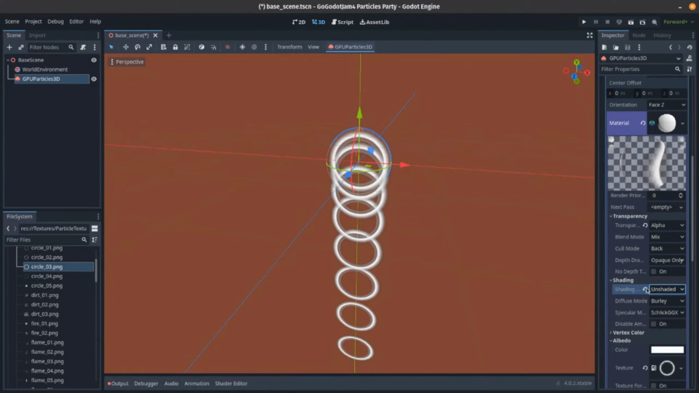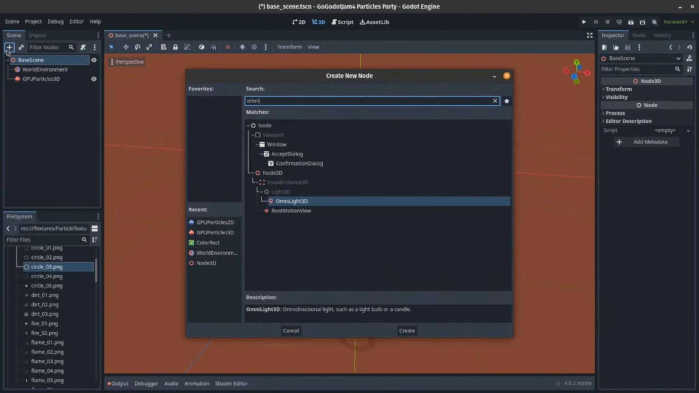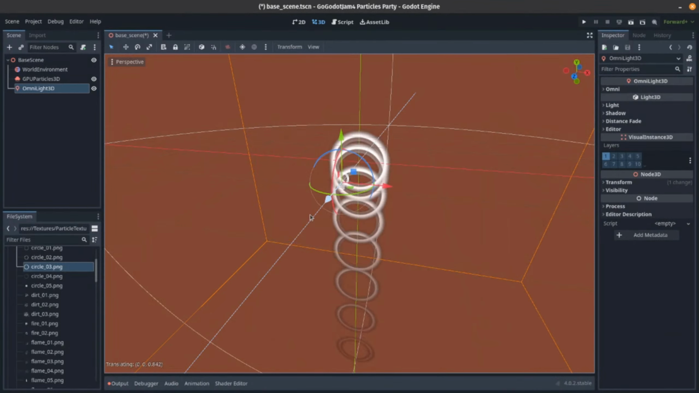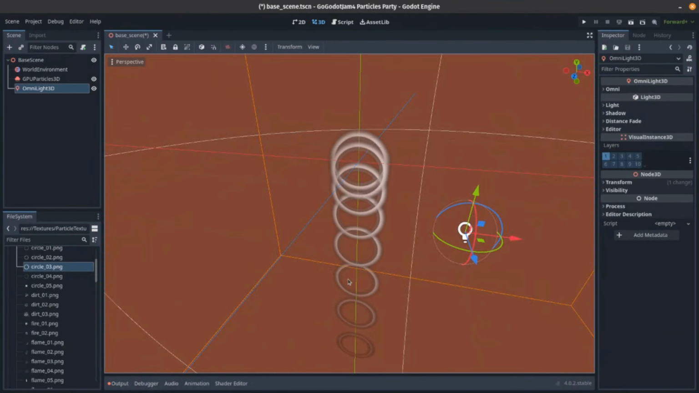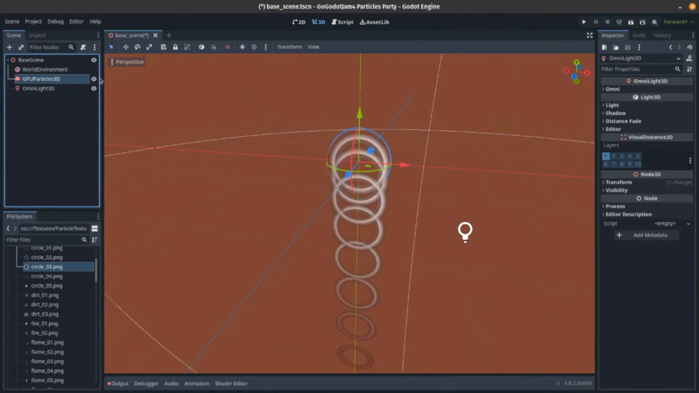So if it's shaded, if it was doing per pixel, and I put, let's say, an omni light in here, and I move that over there, you can see the light reacting through the particle. This makes it look like a solid object. But if I make it unshaded,